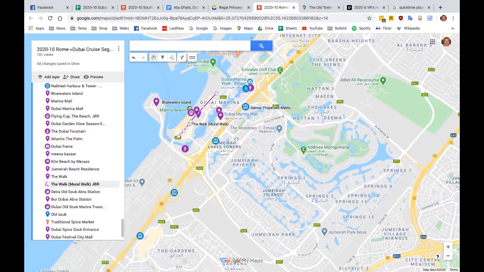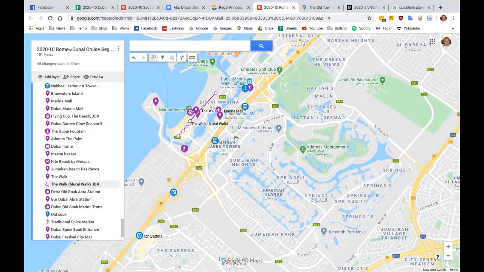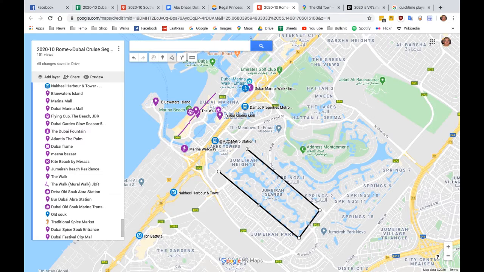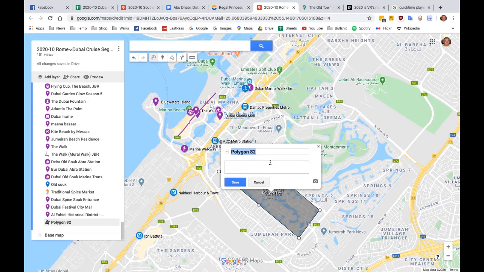In some cases, you may want to highlight an entire area for some reason. I did that a little bit with the metro zones when I was trying to figure that out. Some of you may have seen that. And I use the same tool, but if you, let's do it down here, go around, if you end up at the point you started at, it creates a polygon which you can name. So I can say area 57,